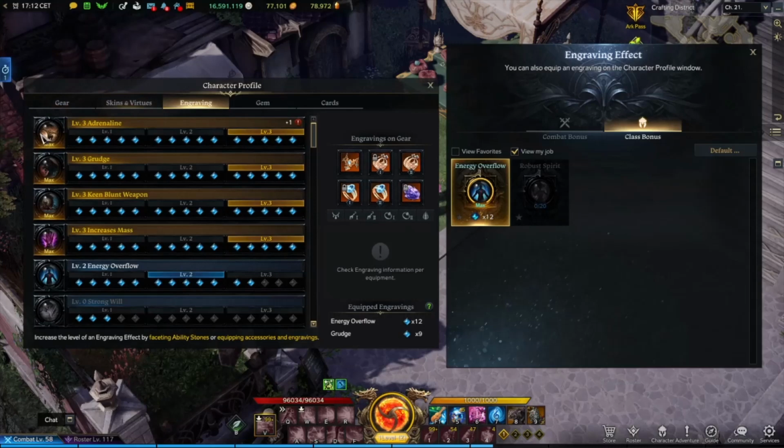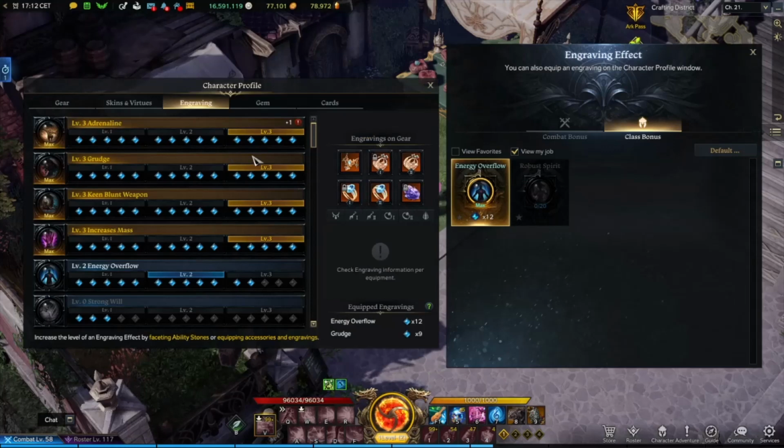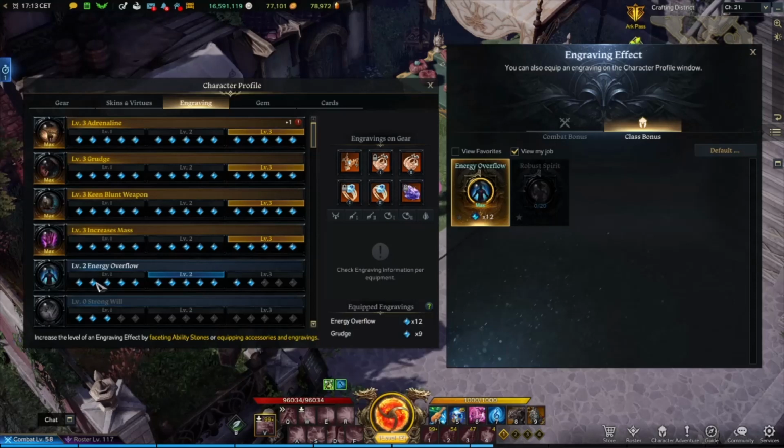First of all, Adrenaline 3 is your core. You need this on Overflow because it's going to increase your crit rate. Grudge 3 is a core engraving for every DPS class, you need this. Increase Mass or Cursed Doll, depending on what you get and need. You can use Increase Mass because it's cheaper and easier to get. This doesn't cost a lot, but you can always be wild and use Cursed Doll when your accessory is going to cost a lot. And Overflow, you can play Overflow level 1